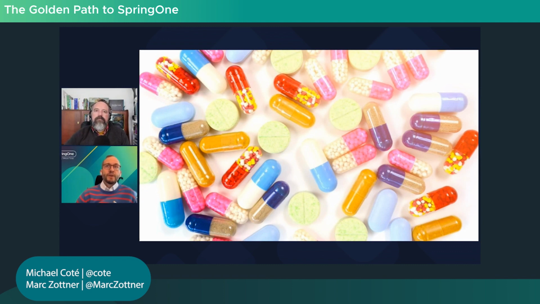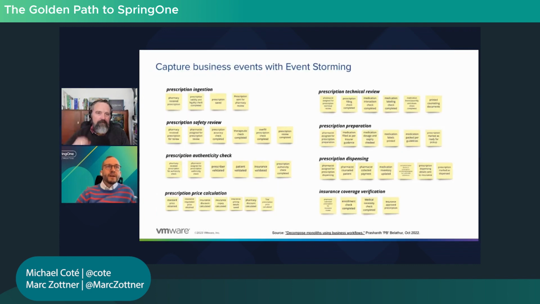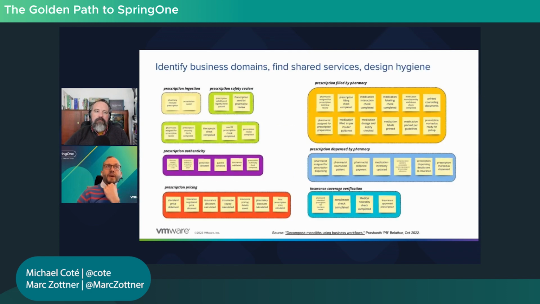The monolith they had was all about prescription fulfilling, and we rolled out this methodology I mentioned from a stage where we tried to understand and capture everything happening in the application, all business events within the application, to categorize and cluster them in different domains, leveraging event storming methodologies to then better understand which shared services could be used,